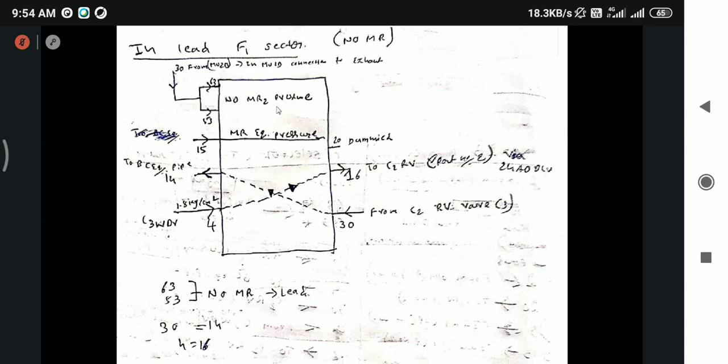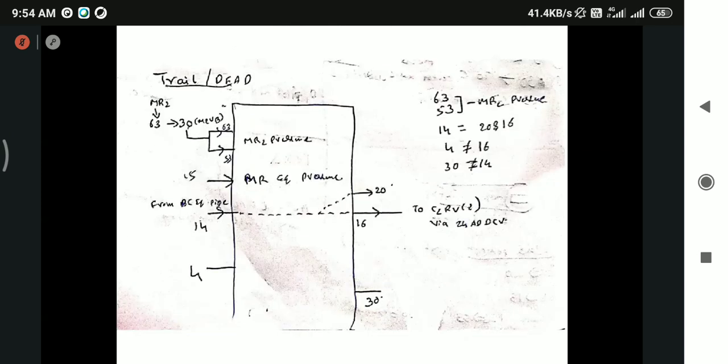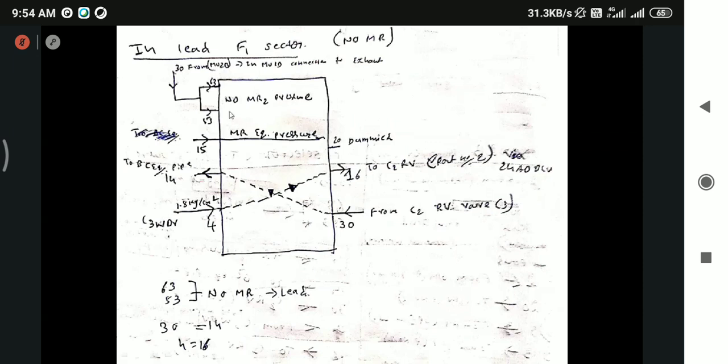In this lead position, when the train loco porting takes place, at port number 15 no MR equalizing pressure is available. So whether your MBTP is in lead or trial or anything, this F1 selector will want to see. So always this 4 and 16 will be connected in auto lead mode. Why? Because to have brakes in the trail loco, this valve will go to auto lead mode if there is no pressure. We can call this port number 15 a battery. If the battery is there, then only it will function.